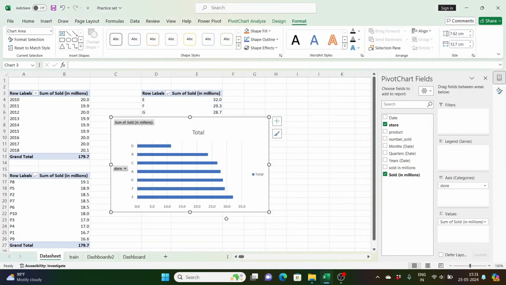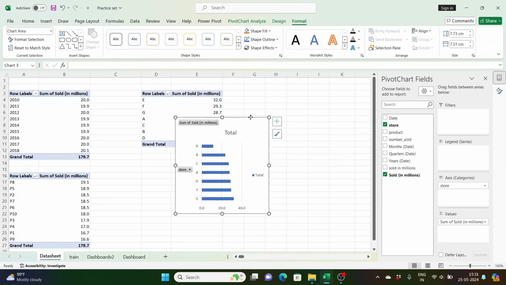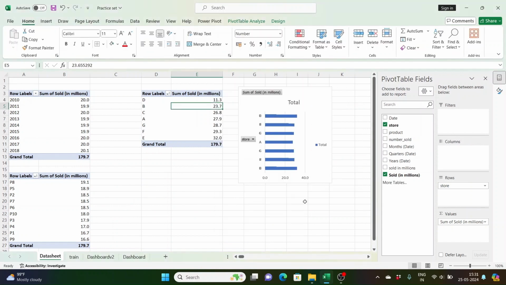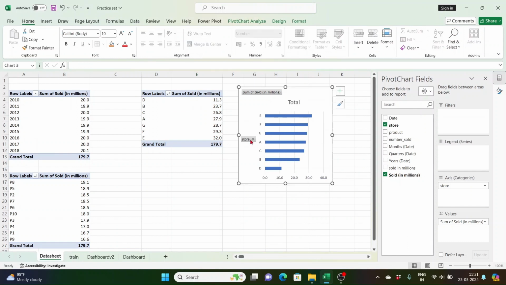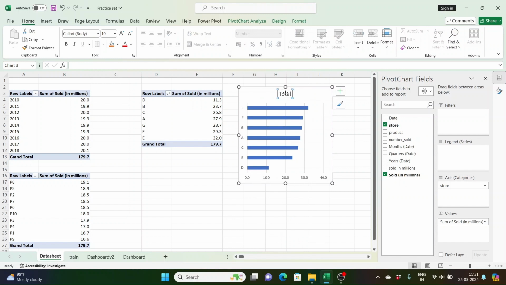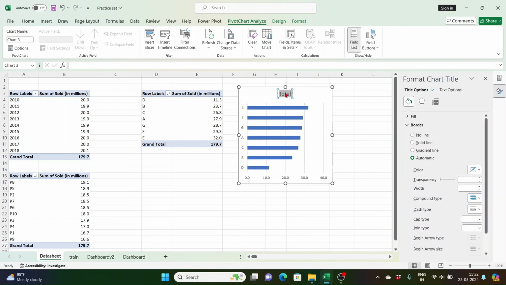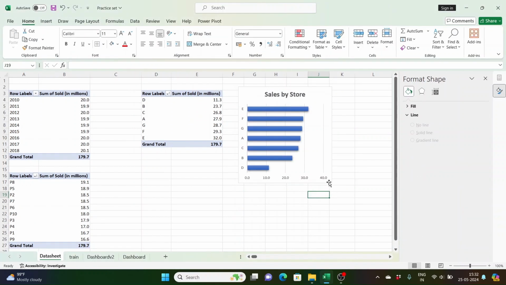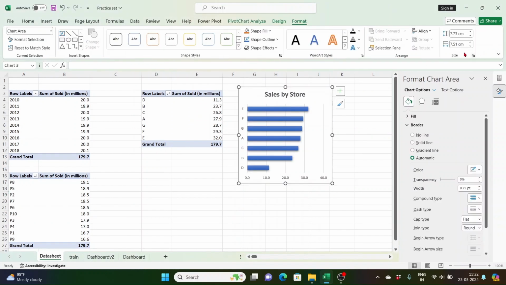So we'll put up here, okay, and let us try to sort it basis smallest to largest. So the largest ones are on the top. Let us remove this legend, remove the buttons, and we can mention this sales by store, and we can change the design so that it is consistent with our other features as well, and this is how it will look. To make it further consistent, we have to change the dimensions as well. We have 7.5 and this is 5.5,